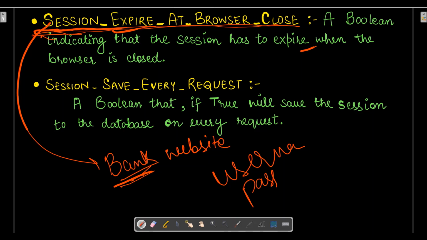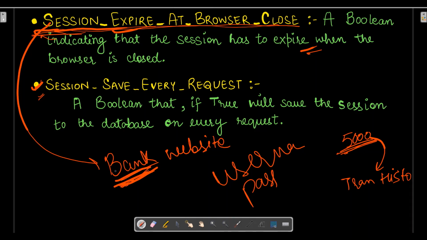So here I need to set a Boolean, either true or false, whether the session has to expire or not when we close the browser. Now comes session save every request. Here it is totally dependent, like if I'm doing any transaction in banks that is supposed to be saved, that is, if I'm doing a transaction of 5,000 rupees, that is supposed to be highlighted in my transaction history then and there. So Django provides such a facility where sessions save every request.